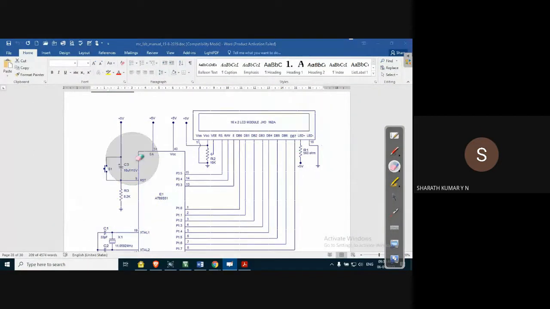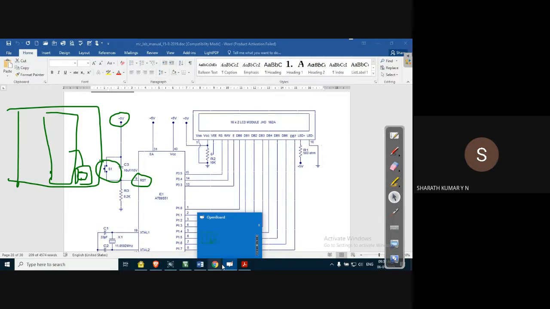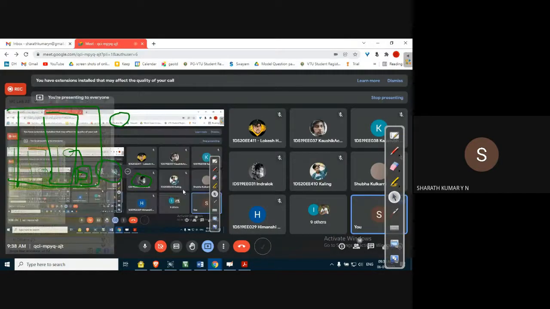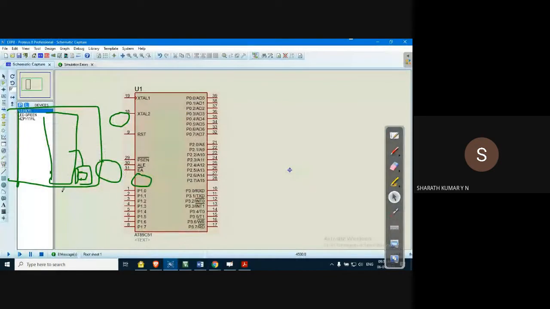The other thing we generally see is pin number 9. Since it is a master reset, it is usually connected to 5 volts through a switch. We have seen this in our Aryabhatta board also. At the top bottom we have seen the black switch. So this is the master reset. This is internally connected to pin number 9 of the 8051 microcontroller, so that pin is shown in this diagram.